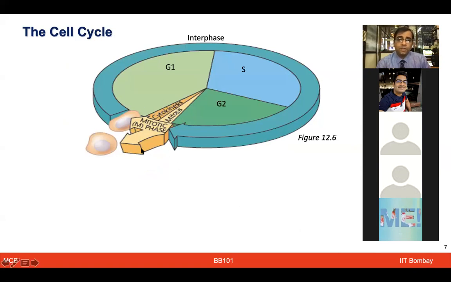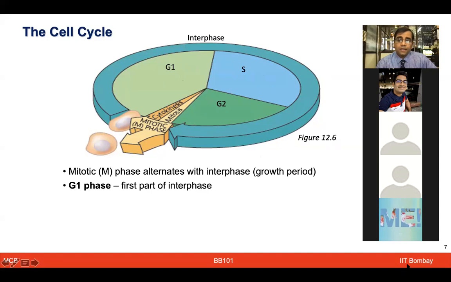The other concept which we spoke about was the different phases of the cell cycle, especially the mitotic phase when the cell division occurs, and a much longer phase known as interphase that prepares the cell for division. There are different parts of the interphase which include G1 phase, S phase, and G2 phase. We talked about different properties of each of these phases, especially G1 phase, which is preparing the cell for the chromosome duplication and replication to happen.